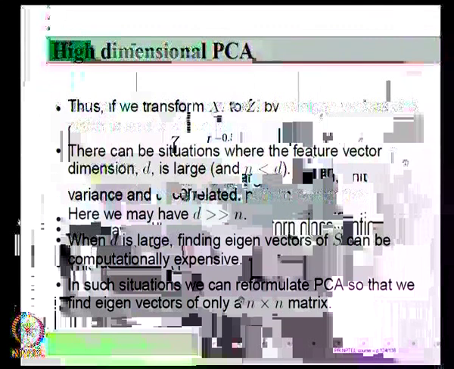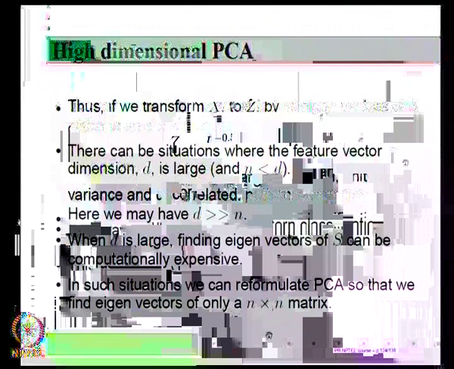Basically, because it is computationally expensive, we do not want to find all the eigenvalues. So, we are asking, because n is much less than d, is there a way I can find the eigenvectors of some other n by n matrix instead of this d by d matrix? We will show that it can be done. The main reason why we choose an n by n matrix is,